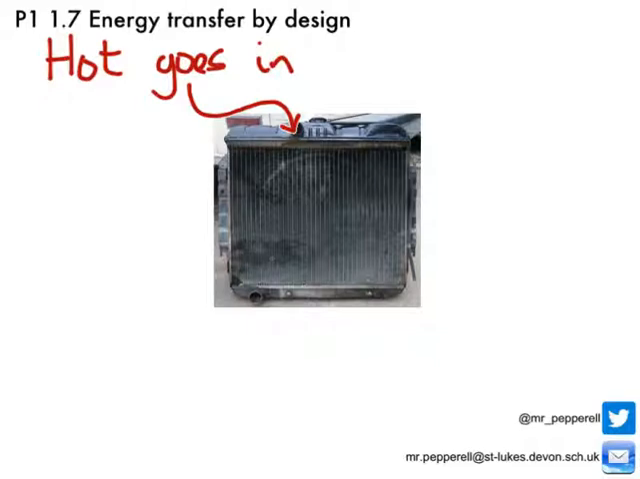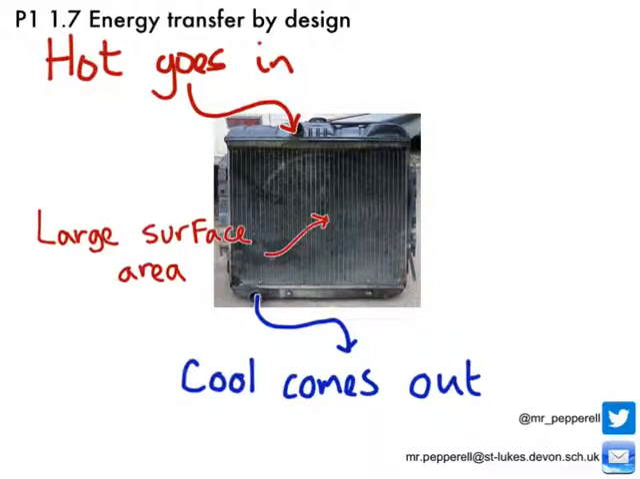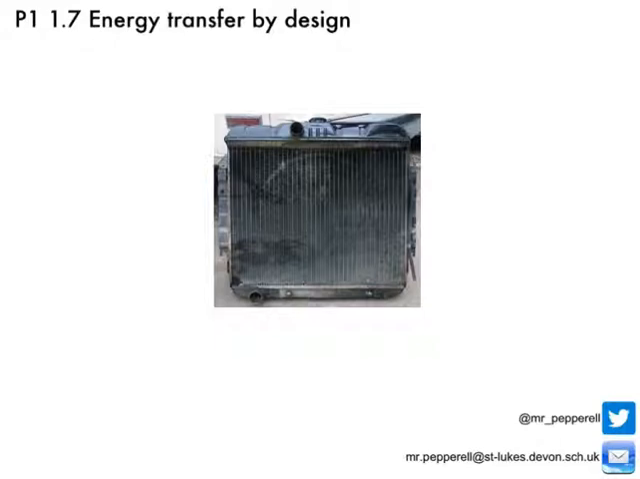So hot water from our engine flows into our radiator. The radiator then transfers the heat energy away from the water, and cool water can then flow back out of the radiator to be recirculated around the engine. The reason the radiator is so good at doing this is that one of its properties is a very large surface area. The surface of the radiator is actually made up of lots of tiny metal fins that